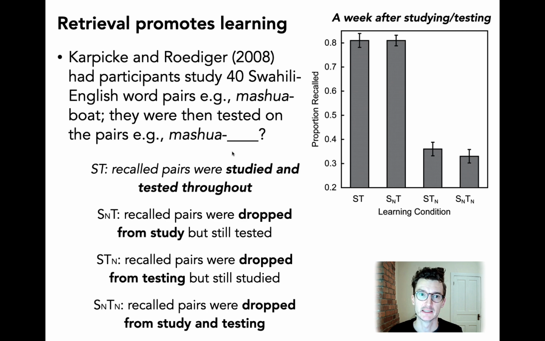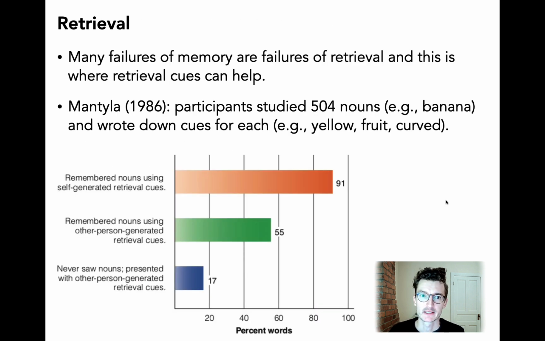heart of learning. So many failures of memory relate to failures of retrieval, right? So you've committed the information to memory, but you can't retrieve it. And this is where generating retrieval cues can help, right? So a retrieval cue could be like an acronym. There's a reason why I still remember the colors of the rainbow, right? Because of that silly acronym, Roy G. Biv, red, orange, yellow, green, blue, indigo, violet. Even though I learned that acronym like in grade 4,